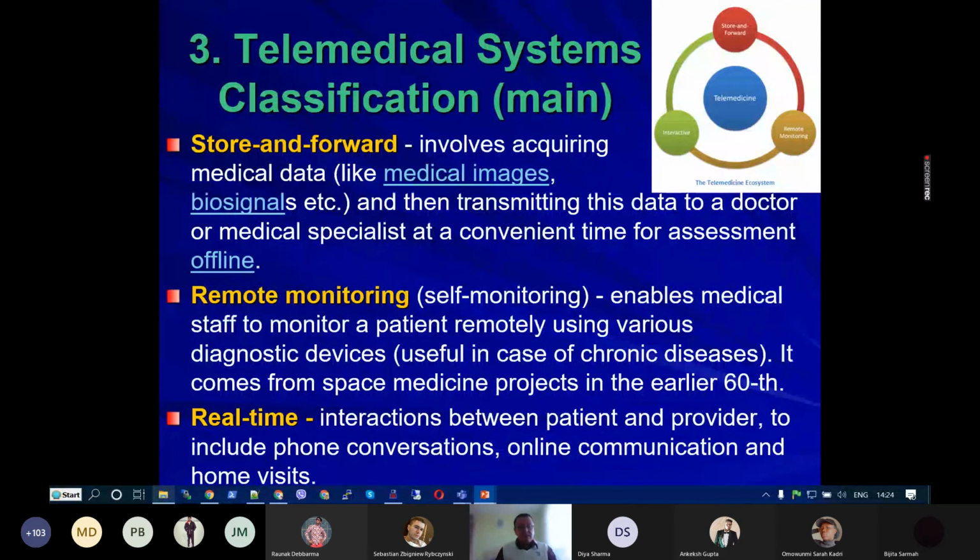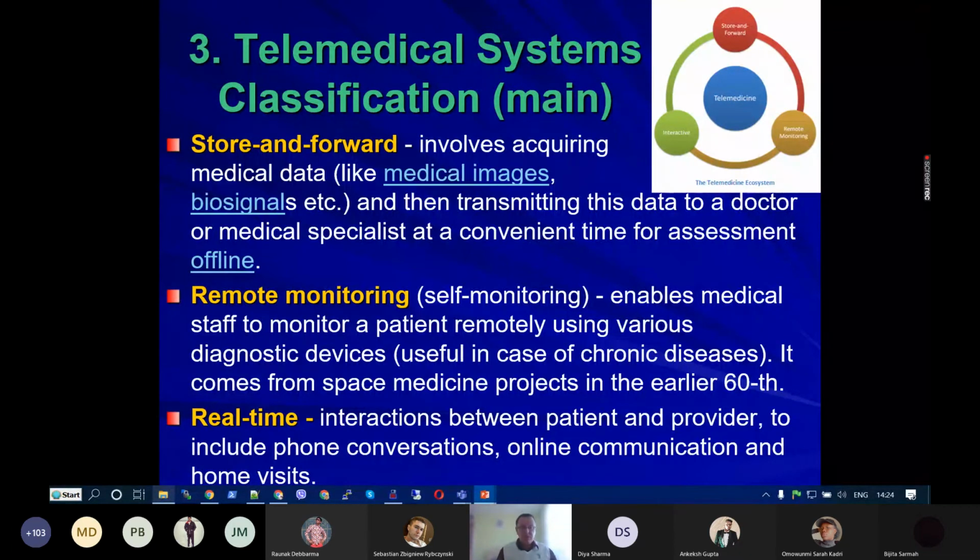Okay, classification. Also about classification, telemedical systems could be classified according to multiple different criteria. So here is how about their purpose, like store and forward, which includes acquisition of medical data, transmitting to a consulting facility, and retrieving some response. Remote monitoring,